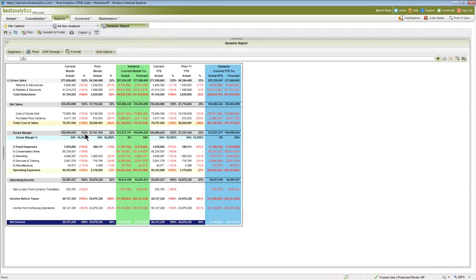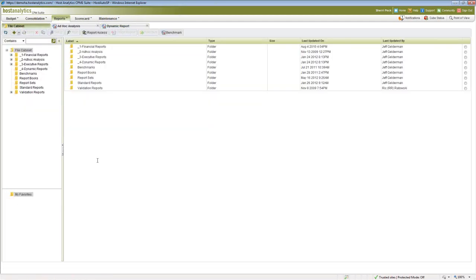But in this case, you can see that this has the formatting that you might typically see in Excel. I can output this to Excel or to a PDF or even send it in an email. But the column definitions and the rows make it much simpler for users to be able to get to the reports that they use, and they can even save them in their favorites.